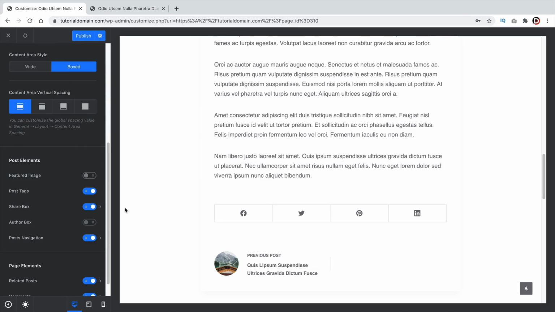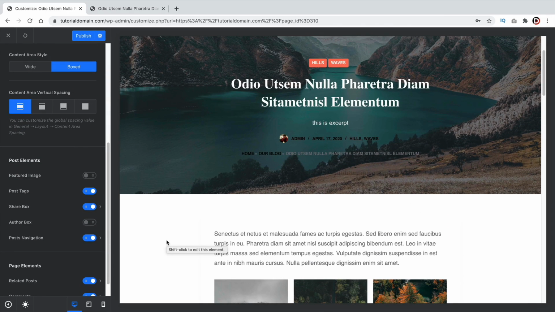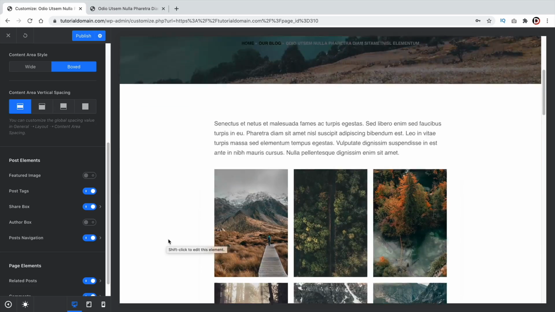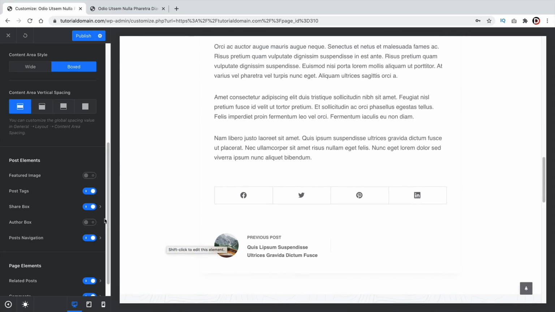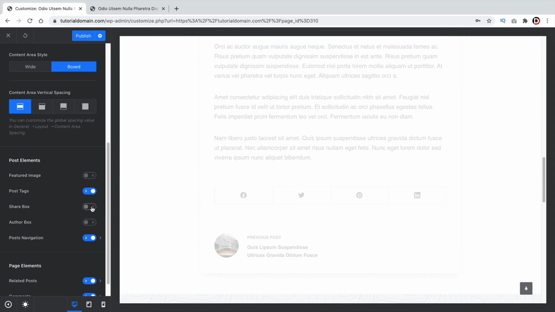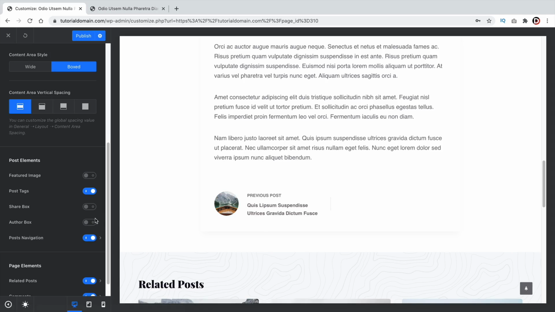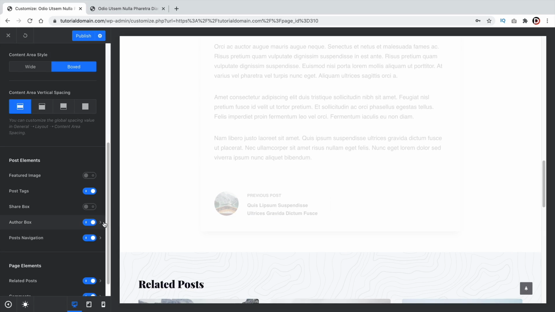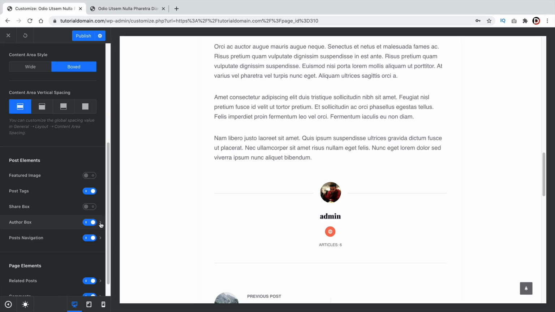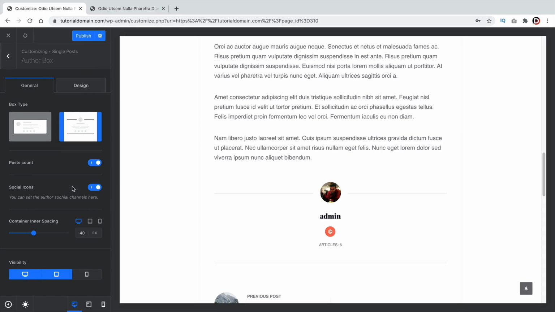And then you can also disable or enable specific features of the actual post elements. So for example, let's say I don't want the actual share box. We can take out this specific share box. And whenever you enable a feature, you will then get this arrow, and this will actually allow you to customize that specific feature. So you can see that there is a lot of options that you can customize